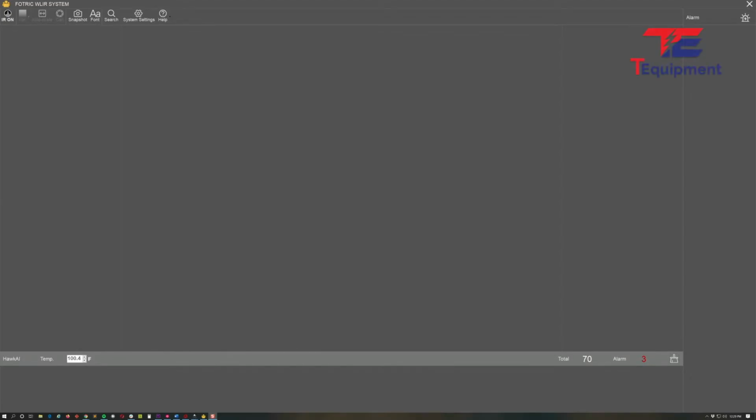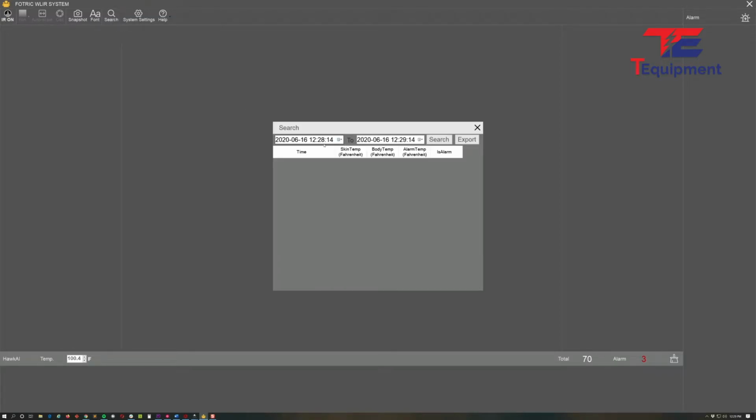So as you saw, there have been a couple of updates to the software here. One of the nice upgrades also is the search function, and here you can actually query by date range. So for example, I'm just going to enable a couple of logs here, and I'm going to go ahead and